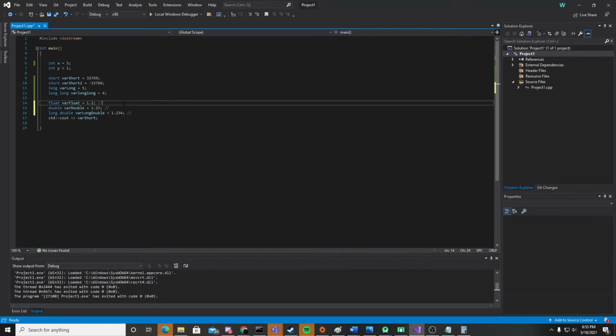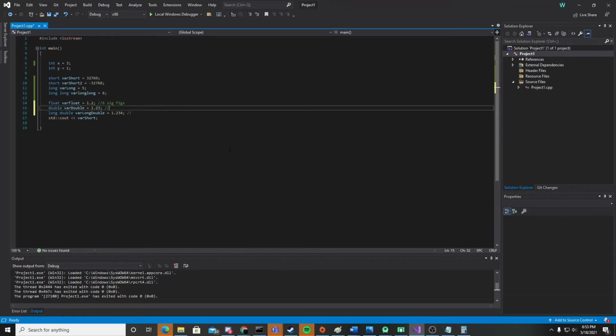So for float data types, the C++ standard actually specifies that the minimum number of significant figures for a floating point type is 6 sig figs, so 6 significant figures or 6 significant digits. Now this is a minimum that the C++ standard specifies, so different compilers, different systems in general can obviously specify a different minimum. I think normally most of the time floats can support right around 7 sig figs, and